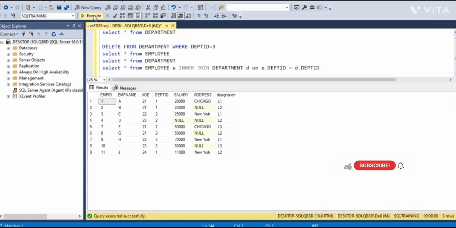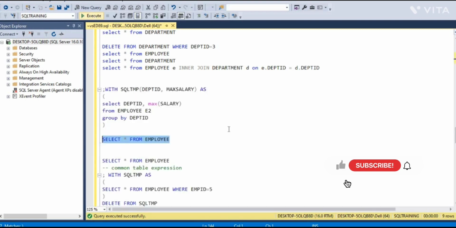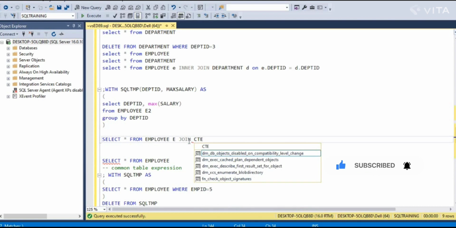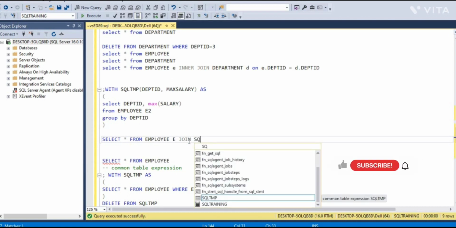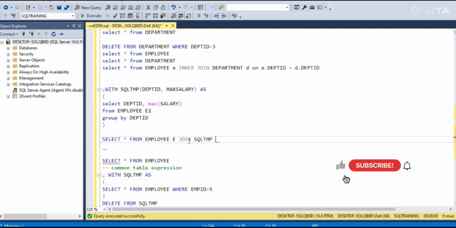See, this is the employee table. In the employee table, I am going to join this employee table. I am giving the alias name E for the employee table, and I am going to join it with this CTE, which we have named SQL TMP, on